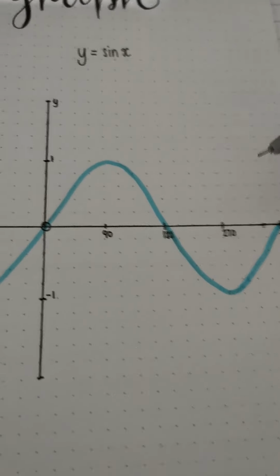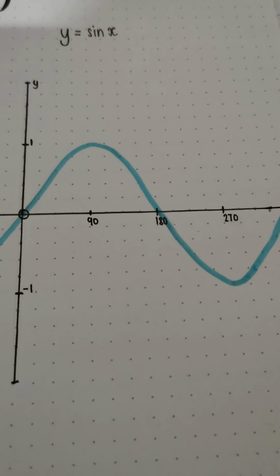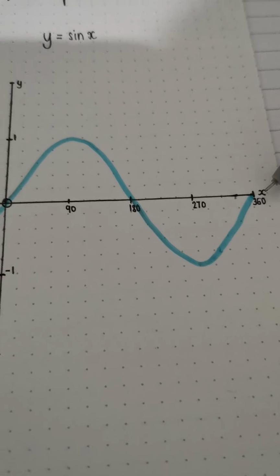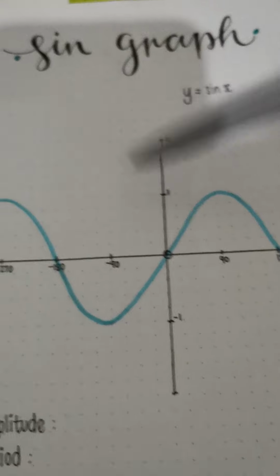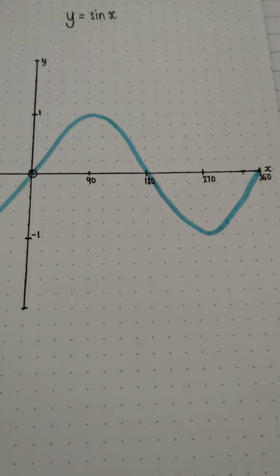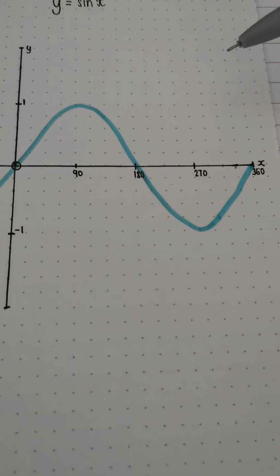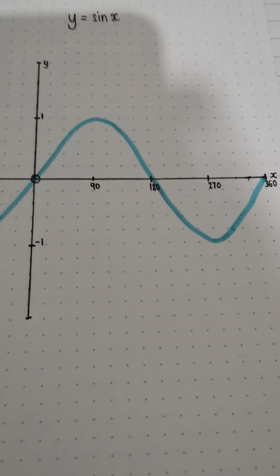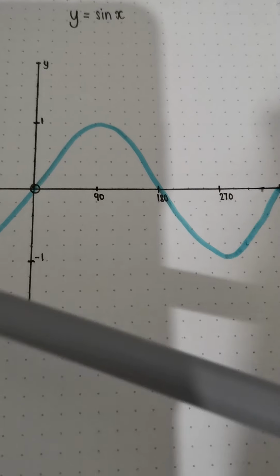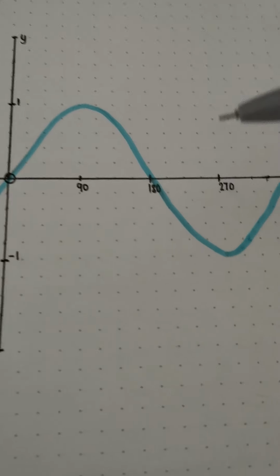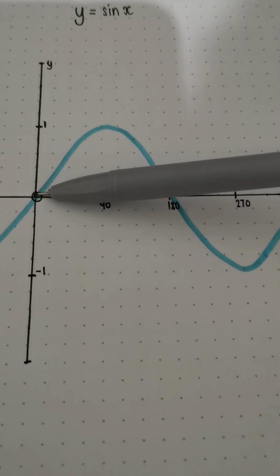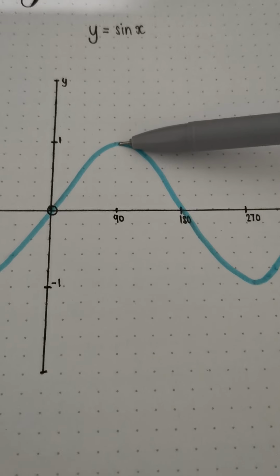So let's quickly talk about the sine graph. I'm just going to look at the positive axis, and I've only drawn in from 0 degrees to 360 degrees. If you notice, this graph continues and continues. If you are a science student and you did waves, you would notice this is very similar to one of those wave functions, continuing up and down in a pattern. I've restricted the domain from negative 360 degrees to 360, but I'm just focusing for now on the 0 to 360. It starts at 0 degrees, and it increases all the way up until we reach